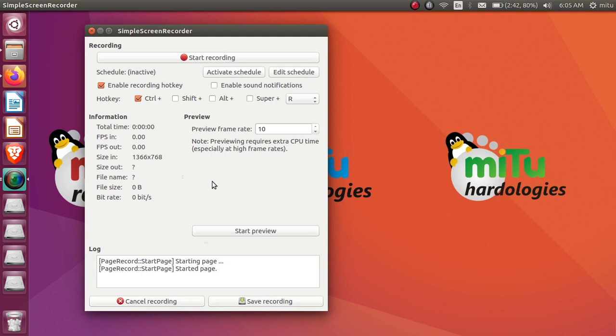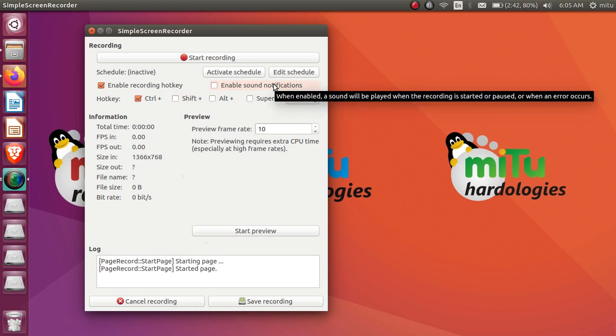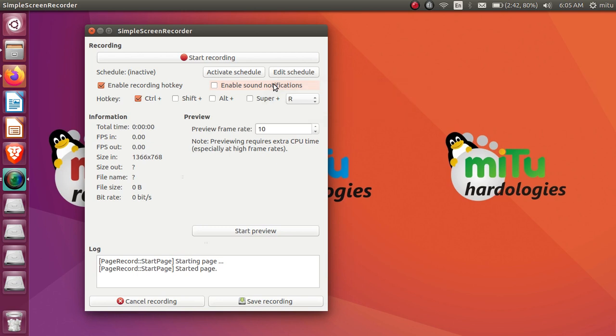So here the shortcut key options are present, see, enable recording hotkey. So I'll use this, or enable sound notifications also. Sound notifications means when the recording is started or ended, we will have a small beep sound. With the help of that we can find out whether recording is started or successfully completed. I'm using only the hotkey there. Which hotkey? Control or Alt or Shift or Super. Super means the Windows key. Everyone has a Windows key present on their laptop. I also have it. So after pressing that, and the combinations of it, which one?